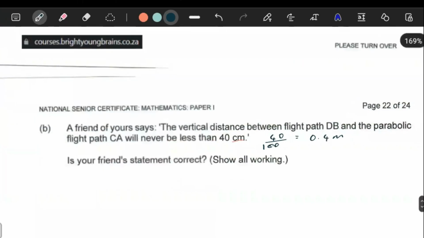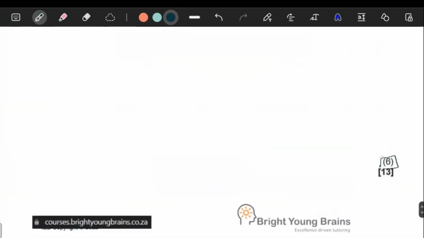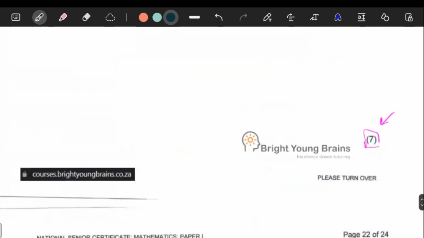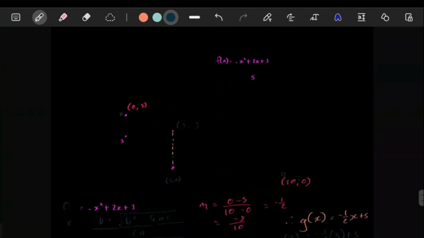So we have to show that the friend says the vertical distance between the flight path DB and the parabolic flight path CA will never be less than 40. So is your friend's statement correct? Show all workings. How many marks? Out of 6. Okay, so the idea with a question like this one is, as we said already, we have to look logically here. Logically speaking,